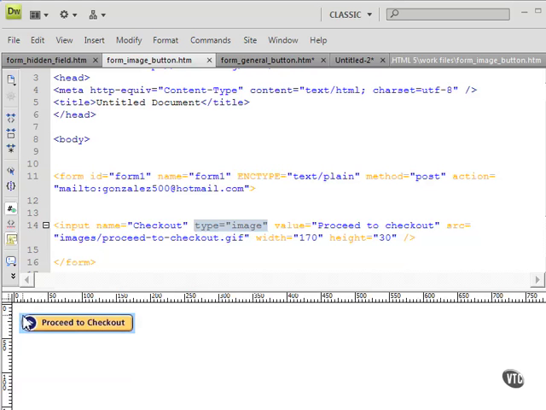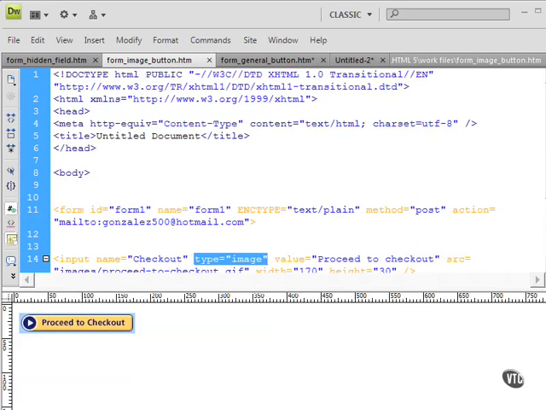These coordinates are returned as the values of two field names, name.x and name.y, where name is the image button's name. For example, here I have an image name equal checkout, and I've gone up here to my form ID and I've used a method post action mail to mail this to my email address. So I went ahead and